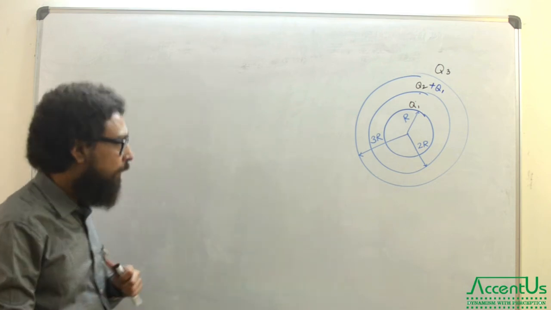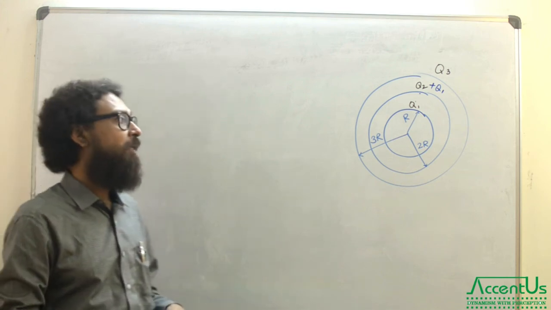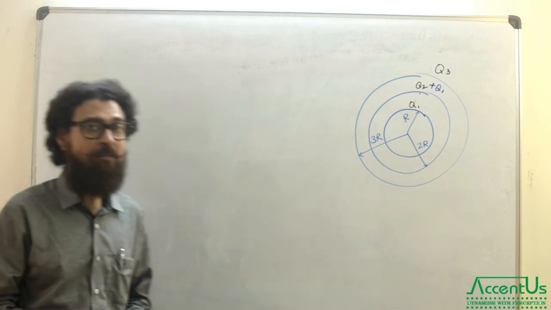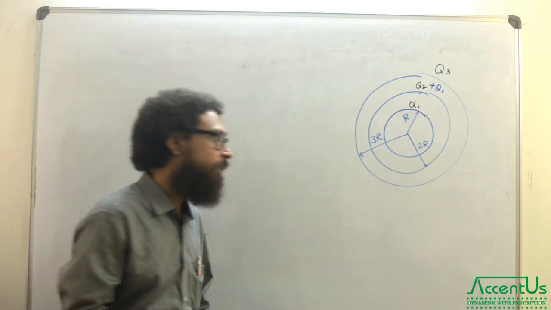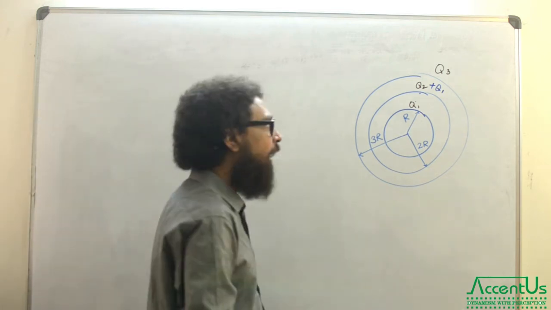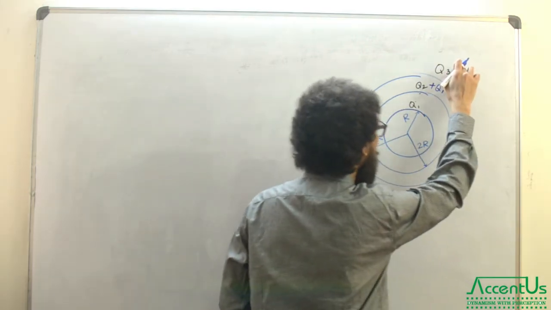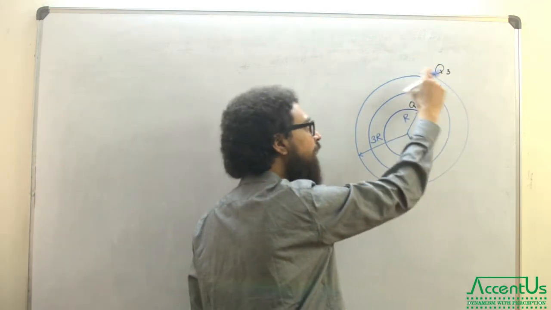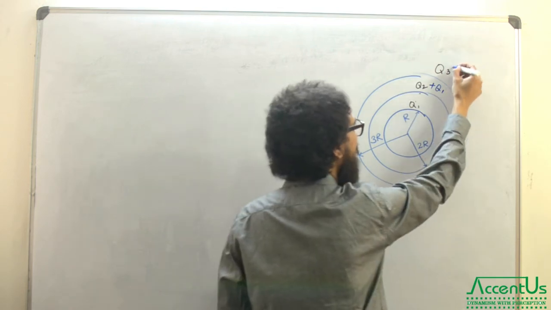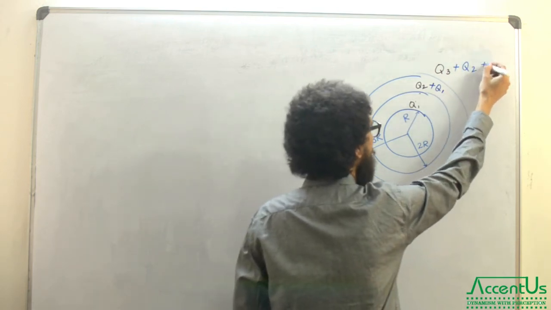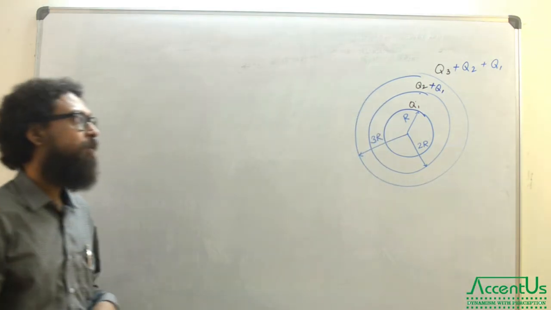Okay, good. So we now know that not only Q2 but also the induced Q1 will reside on the second spherical boundary. Now we'll come to the third one. Eventually you have understood that this Q1 will also have a Q1 here, and this Q2, since we have a boundary here which is having a charge of Q2 plus Q1, so what will be the total charge on the outer surface? It is Q2 plus Q1.